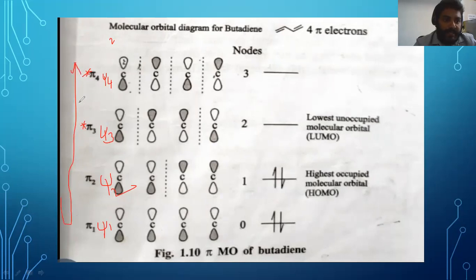This is the energy, E. Energy increases. Here 4 are there, 1, 2, 3, 4 carbons. Now we are splitting up and finding the splitting. How many electrons are there? 4 electrons are there. One electron, 2, 3, and 4.